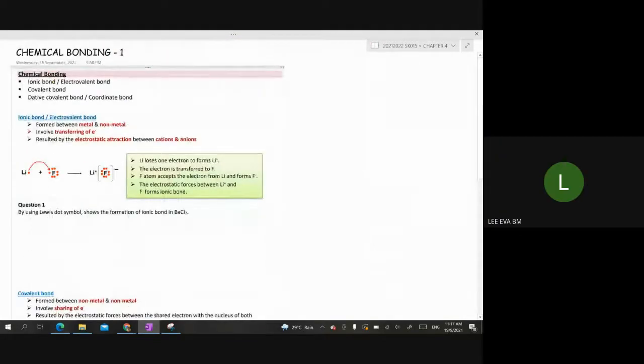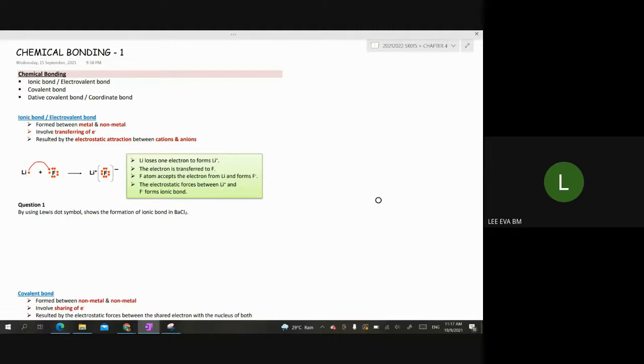So for this one, Madam wants you to write together with Madam. When I'm writing, you also need to write onto your notes, or maybe take out a new piece of paper. Since we already know what the Lewis dot symbol means, what the stability types are, and what the octet rule is,